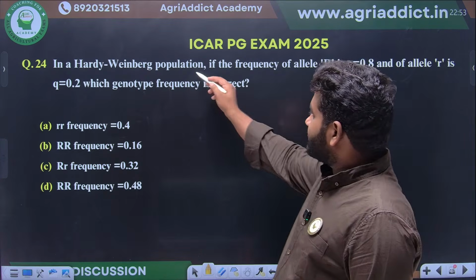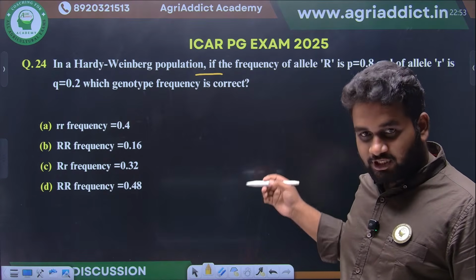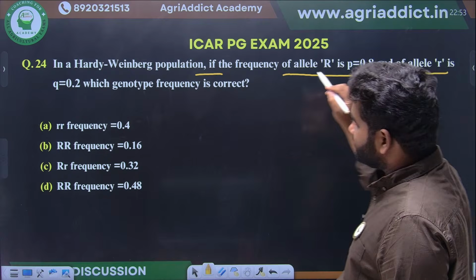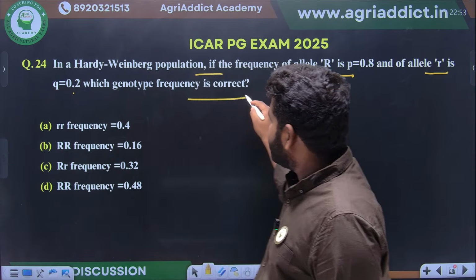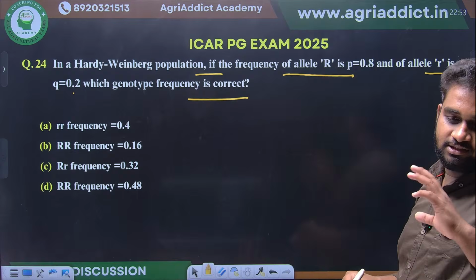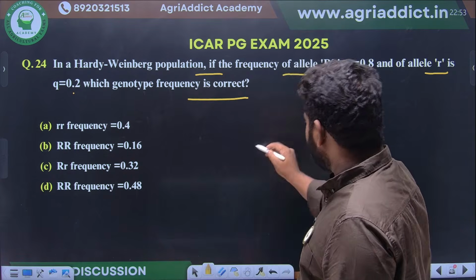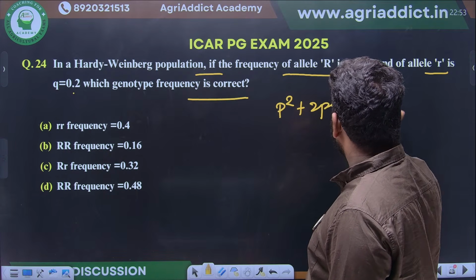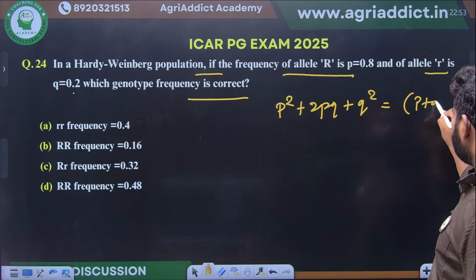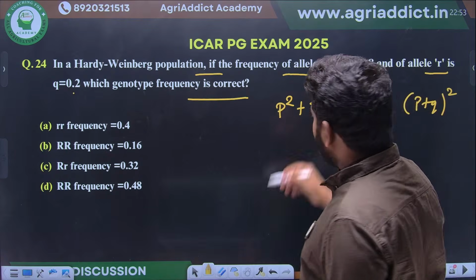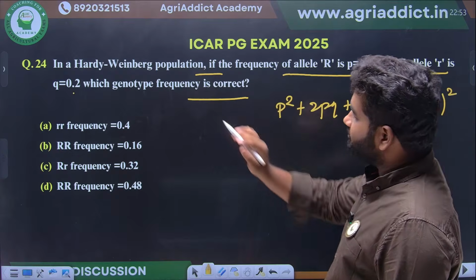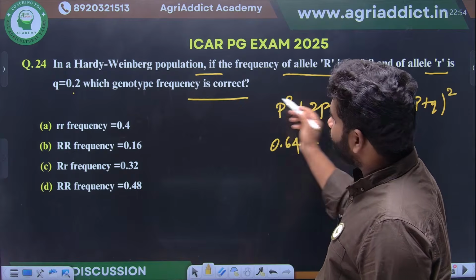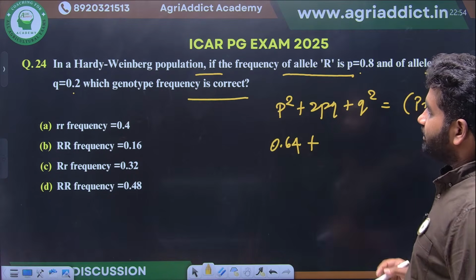In the Hardy-Weinberg population question, it will come in your genetics portion anyway, but I have taken this. If the frequency of allele R, that is p, is 0.8 and allele r, that is q, is 0.2, which genotype frequency is correct? For this question there is only one technique, p square plus 2pq plus q square. This is the formula for everything. They give the p value and the q value, so p square will be 0.64,